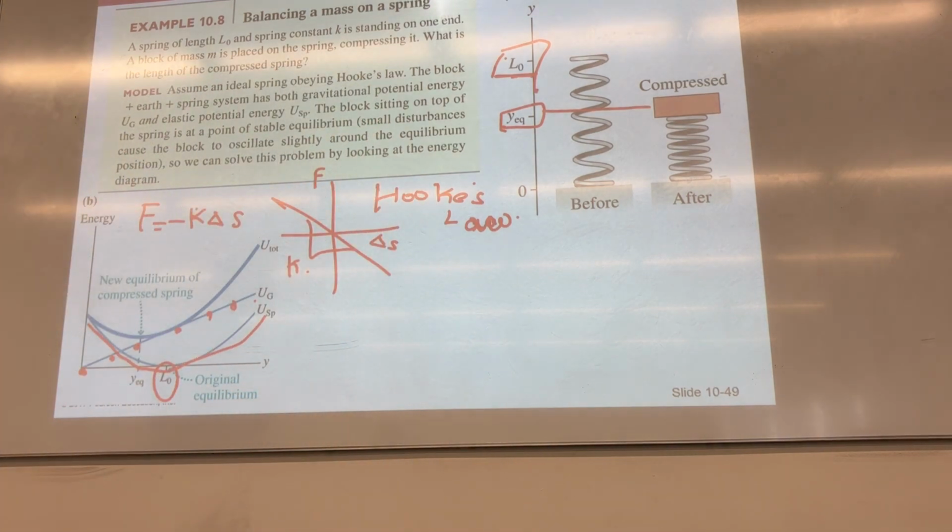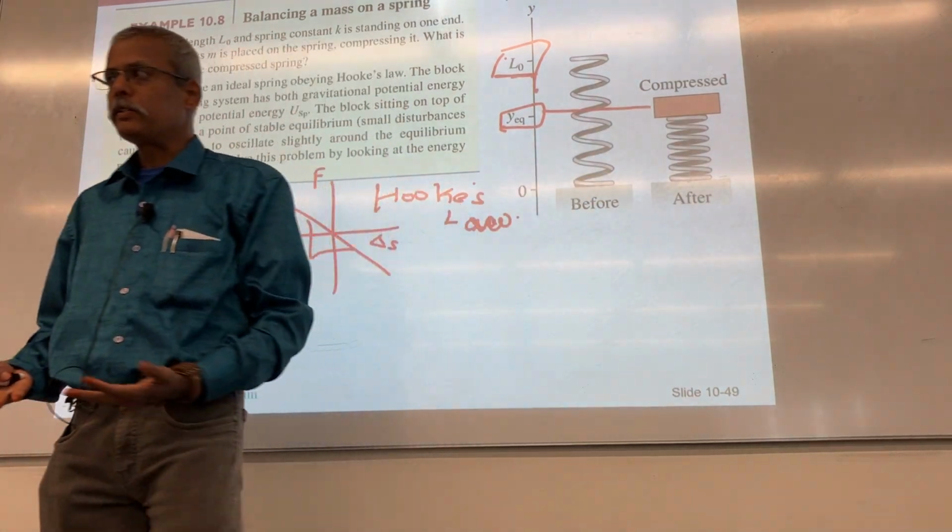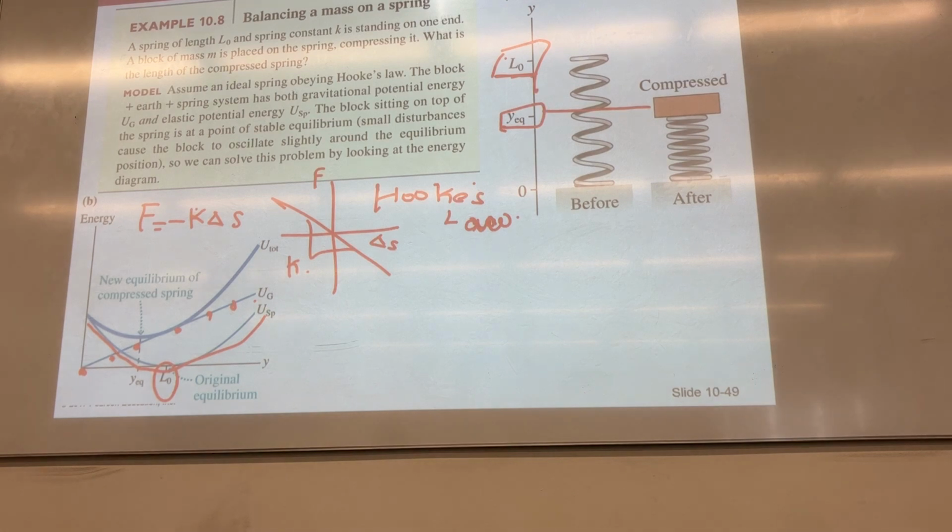How do you plot in terms of gravitational potential energy and spring potential energy? Why is gravitational important? Because of a block. The block is sitting on this, so your gravity matters. The spring potential energy matters. Therefore, I will show in the next slide,